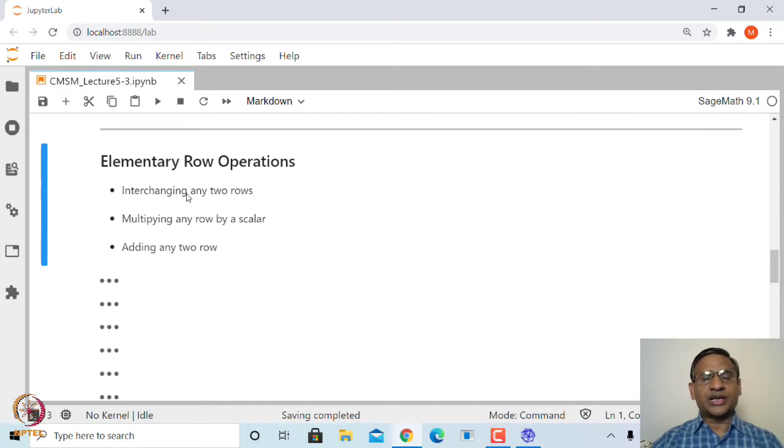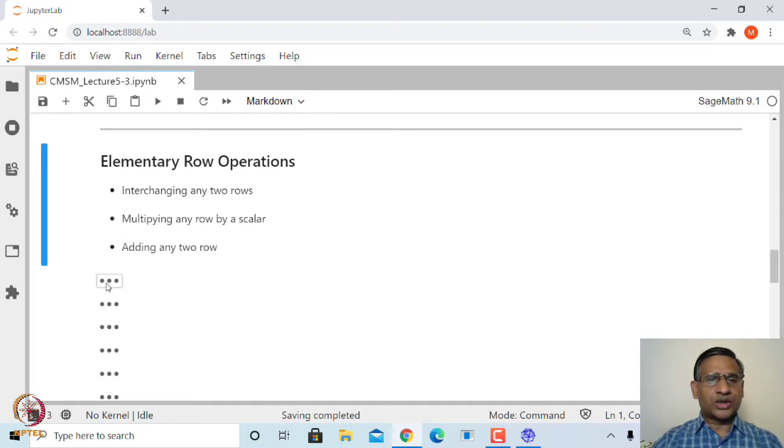Even if you have an upper triangular matrix or a lower triangular matrix as a coefficient matrix, then also solving the system of linear equations becomes much simpler. For example, if you have an upper triangular matrix, then you can solve the system by what is called back substitution. If you have a lower triangular matrix, you can solve this by forward substitution. So that is the basic idea of converting this matrix into a matrix which is simpler to deal with, right.